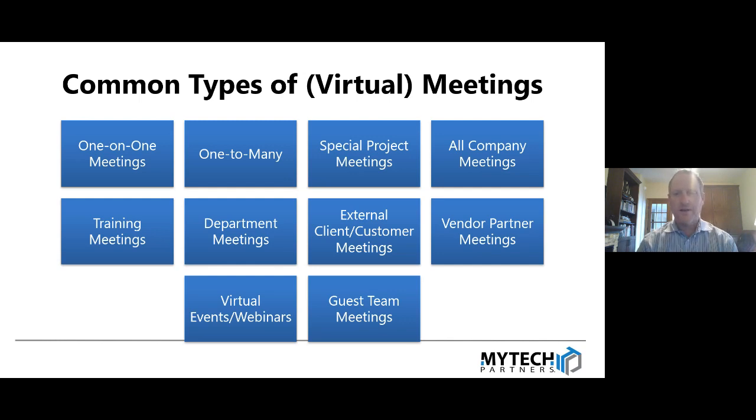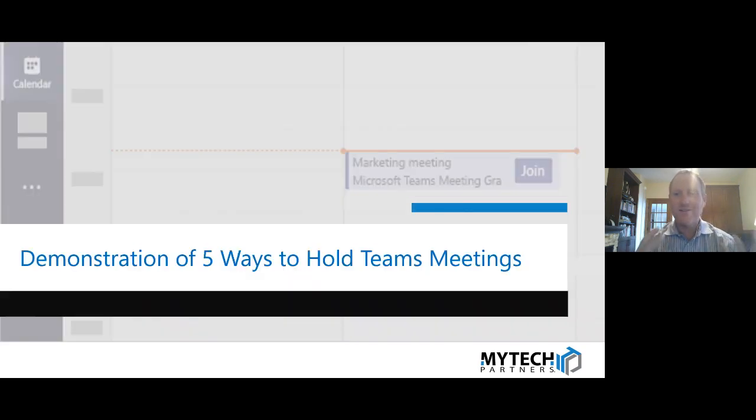But overall, you might be thinking, well, what about this kind of meeting? In general, we're going to be talking about one-on-one or one-to-many meetings that are more ad hoc, then meetings that are departmental or all company. Then there's going to be external meetings, then webinars, and then guests. It's really the high-level, different types of meetings that we're going to hit on, and we're going to summarize that at the end. But before we do all that, let's dig into the demonstration,